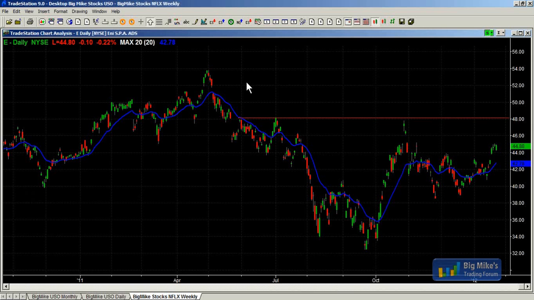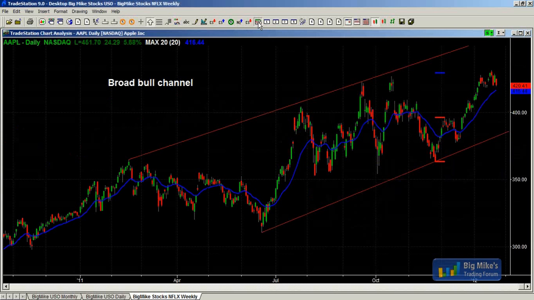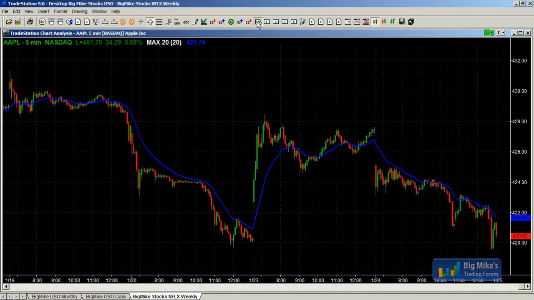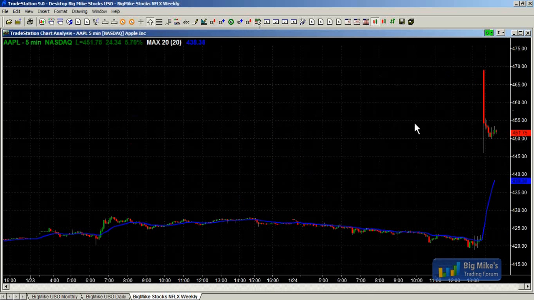Let me just take a look at Apple. And let me put up the 24. Put up a 5-minute chart. A lot of times when it does these big pops up or down on earnings, you just get, okay, this is what I was talking about. People looking at the price chart, the quotes, will say, wow, it's up 25 bucks.